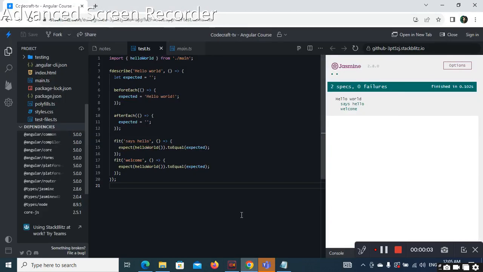Hello, hi. Today we are discussing how to test an Angular application by using Karma and Jasmine. Before moving to testing, we can test our Angular application from scratch by writing and executing